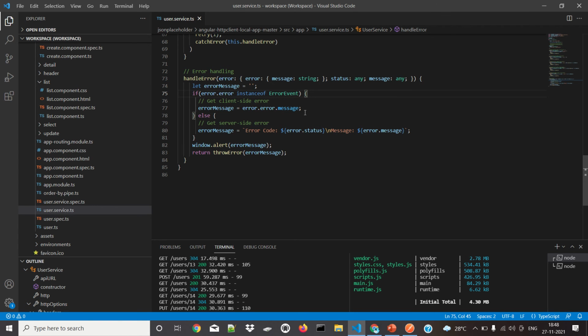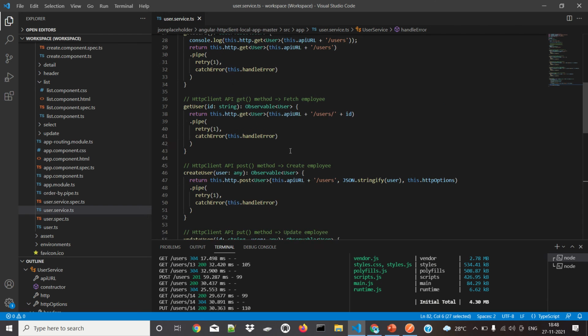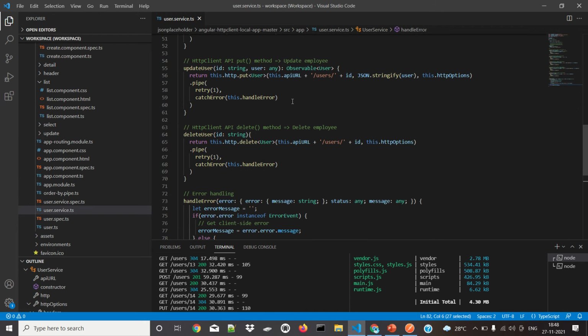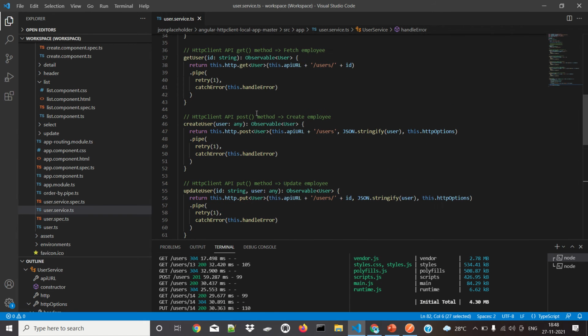If the structure is okay for client side, this will be used. If for server side, this structure will be used. Once it is done, you have to alert the window about the error. We are using this in all the methods, so any problem that occurs will be thrown.